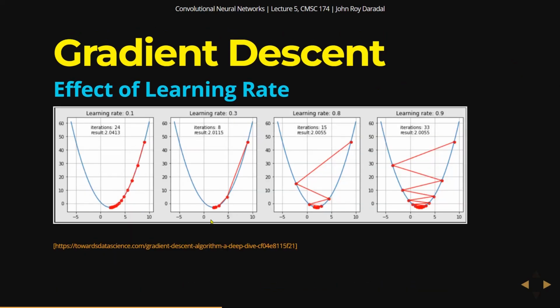So we have concrete examples here. For example, this is the smallest one, 0.1. It converged eventually to the minimum, but it took 24 iterations. When you used a slightly bigger learning rate, which is 0.3, then it jumped from here all the way down here, and then it converged in only 8 iterations. So it converged faster, right? And it even reached a better